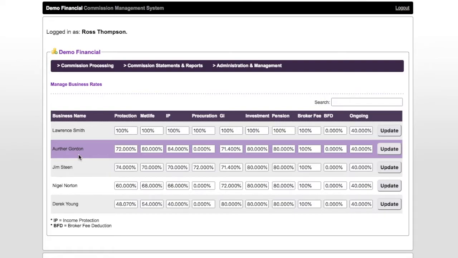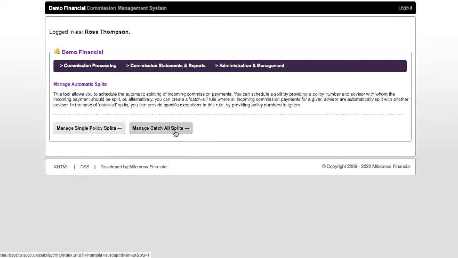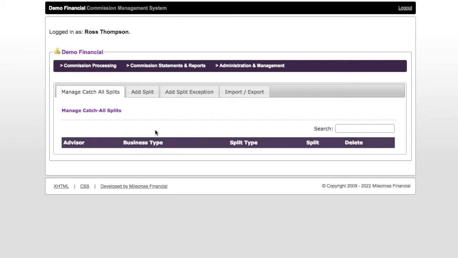So to do this, we would go to the Administration and Management menu, click on Manage Auto Splits, and we'll be using the Catch All Splits tool. So we click Manage Catch All Splits, and we can see that currently there are no Catch All Splits set up on the system. So to continue with the example, if we want to set up a Catch All Split to split Arthur Gordon's commission with Nigel and Derek, we would go to the Add Split tab,